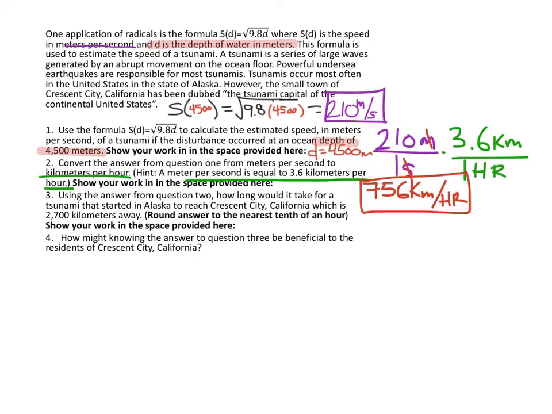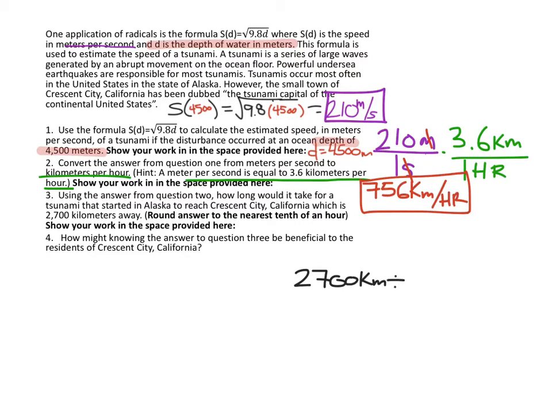So number 3, using the answer from question 2, how long would it take for a tsunami that started in Alaska to reach Crescent City, California, which is 2,700 kilometers away? Okay, well this one will work kind of with dimensional analysis. Well, it's how many 756 kilometers per hour are in 2,700. That's a division problem, you guys. So this is number 3, right? We're taking the distance, 2,700 kilometers,